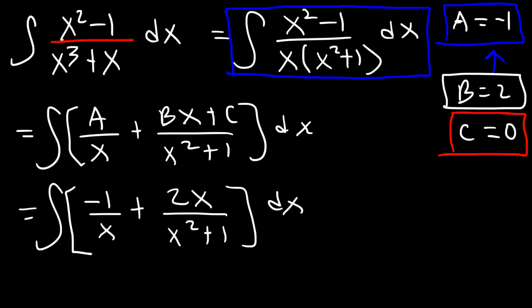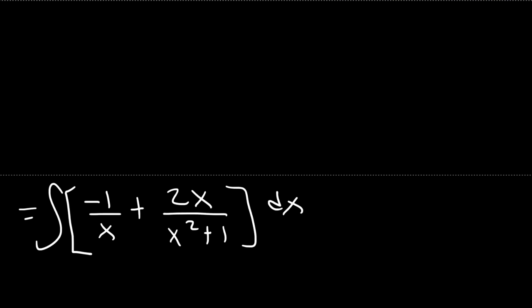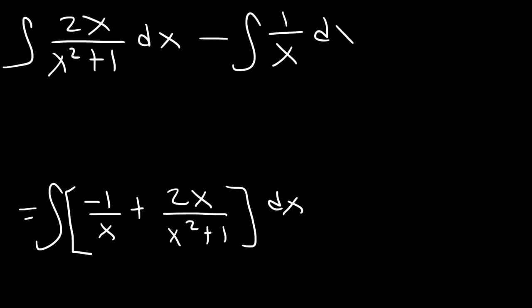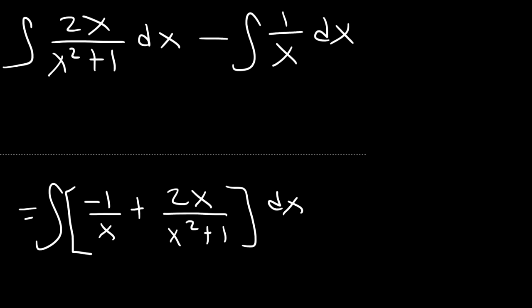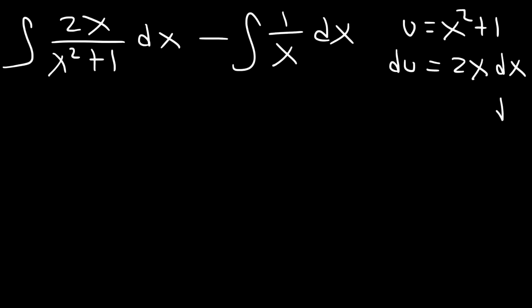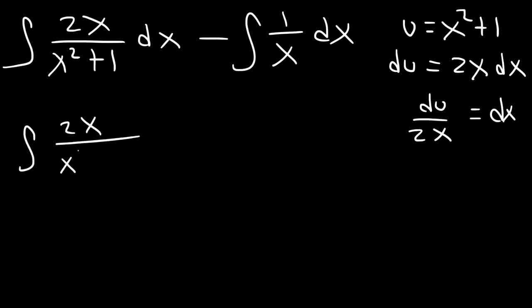And now what I'm going to do is separate this into two integrals. So the first one is going to be 2x divided by x squared plus 1. And for the second one, it's going to be negative integral of 1 over x dx, which we know the answer for. Now the first one, we need to use u substitution. Let's set u equal to x squared plus 1, so that du is going to be 2x dx. And if we divide both sides by 2x, dx is du over 2x. So the integral of 2x divided by x squared plus 1 dx